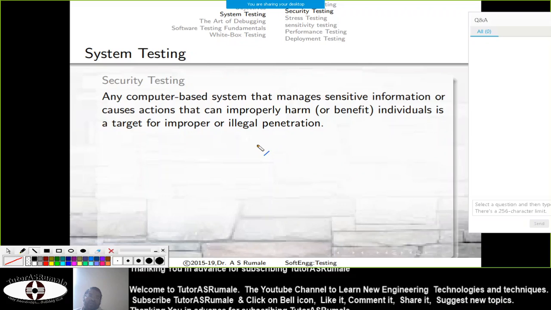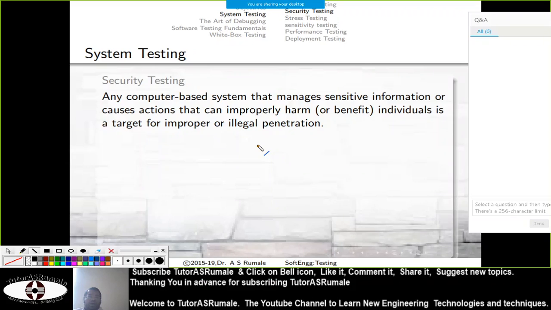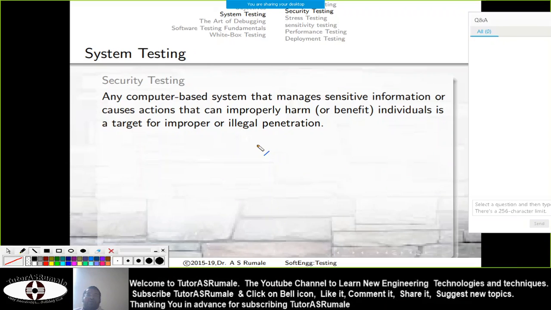Or someone is trying to log in to your system, and suddenly you find that someone is already logged into it. You have to check first for proper security.